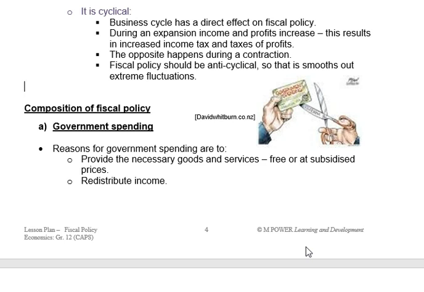All right, now if we look at the government spending, the reasons for government spending, why does the government need to spend money in the economy? First of all, they need to provide goods and services to members of the public, right? There's certain necessary goods and services that they provide free of charge. Okay, like for example, public health care that is provided free to people that qualify for that. We've got no-fee schools where some people receive an education for free.